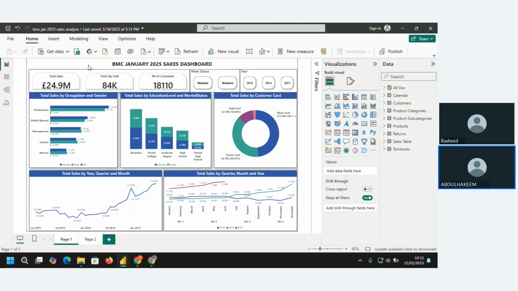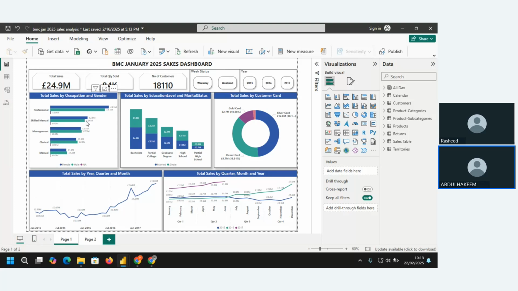So we learned some basic data cleaning using Power Query. Then we moved to data modeling, where we create relationships between columns, and we also learned how to create some DAX functions and how to create some visuals, how to do some little formatting, and so on and so forth. So we were able to create this dashboard in the first class,